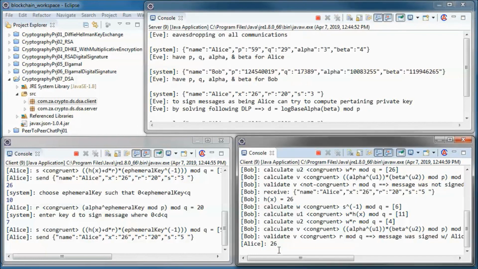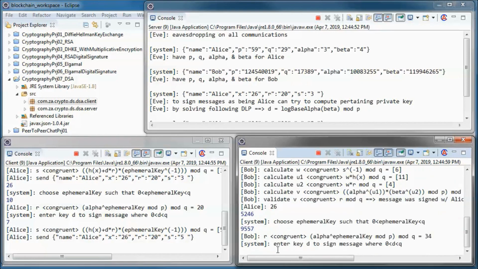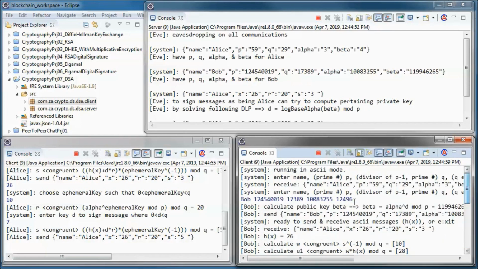And let's have Bob try to send this ASCII hash message to Alice, and have him choose this ephemeral key. So he calculates R, and his private key D was this number.